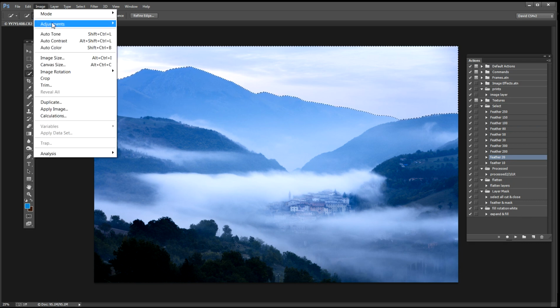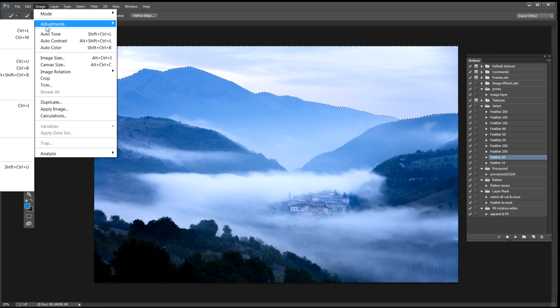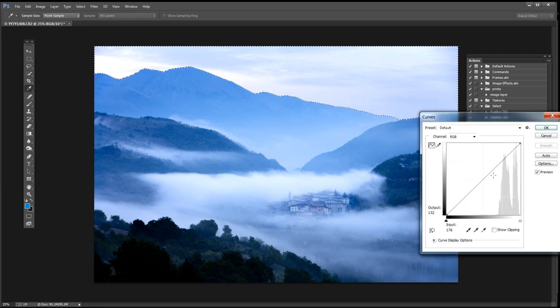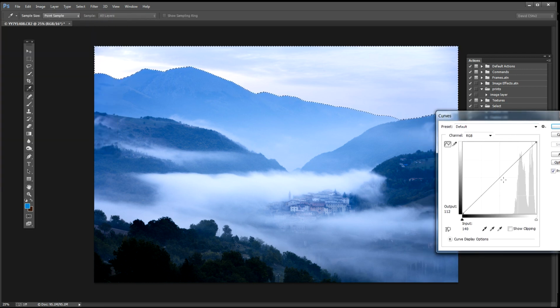Now if I go image adjustments curves again, and I just want to darken the sky down a touch, have to be careful, because if I go too far we'll end up with that. Can you see that definite line along the edge of the mountain there? So I'm just going to be super subtle here to about there. That's good. Click on OK,